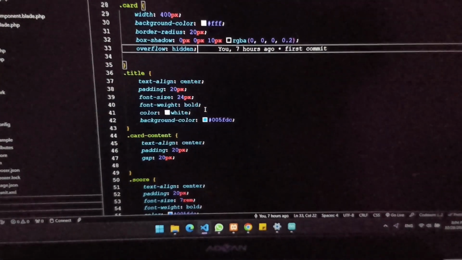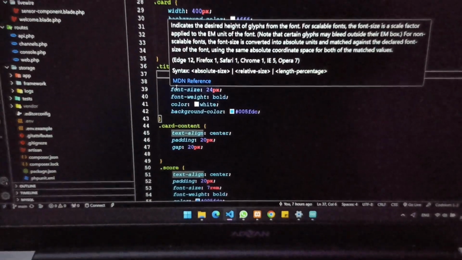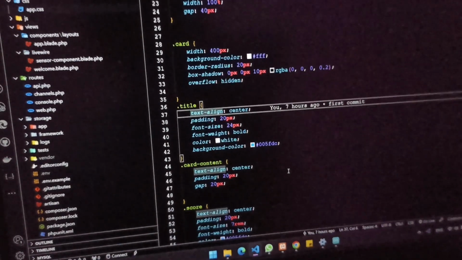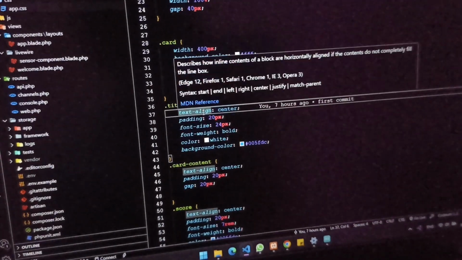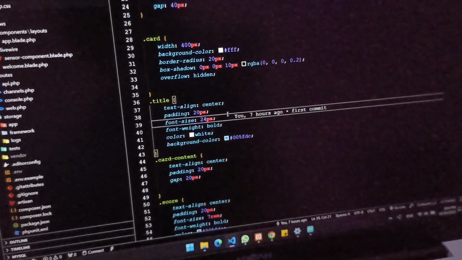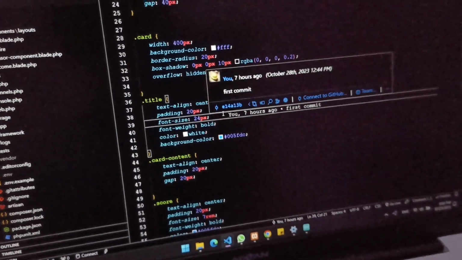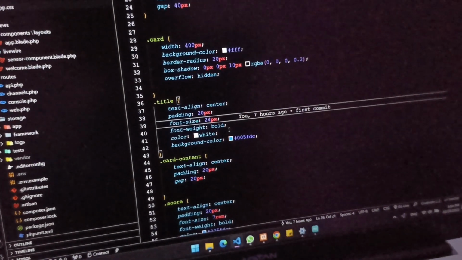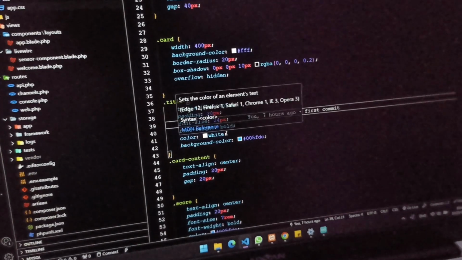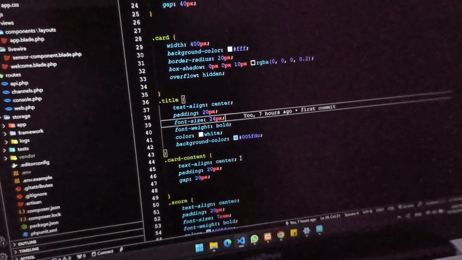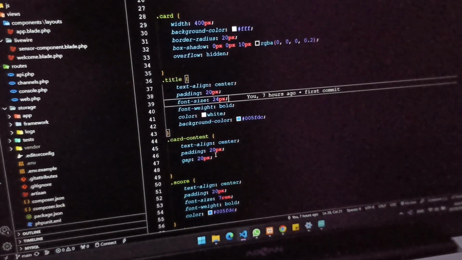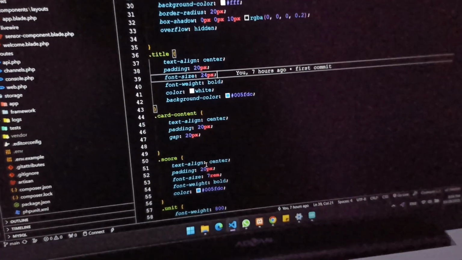Okay, this is for the title content. This text align is center, padding is 20 pixel, and font size is 24 pixel. Font weight is bold, and color is white, background color is blue. Card content text align center, padding is 20 pixel, and gap is 20 pixel again.